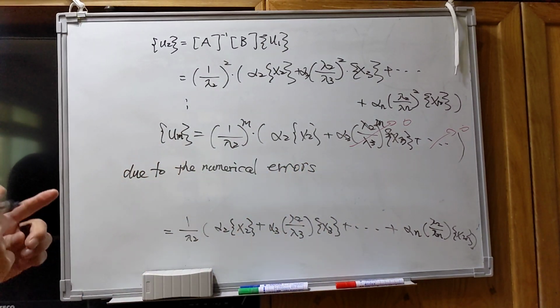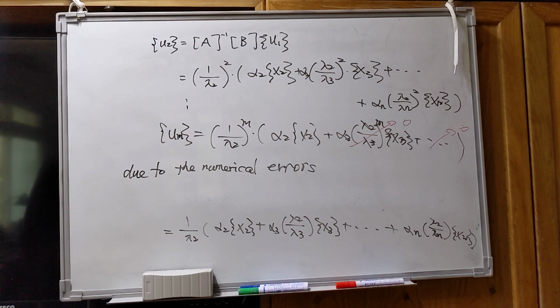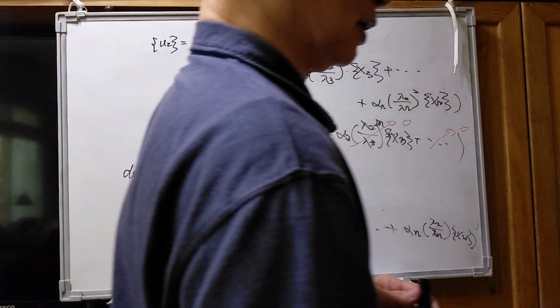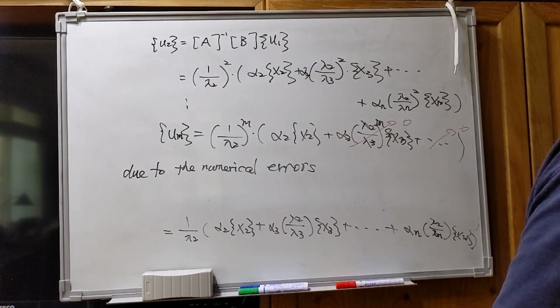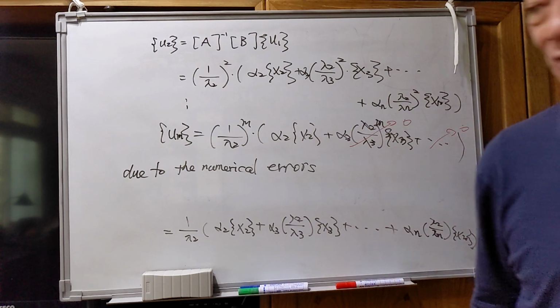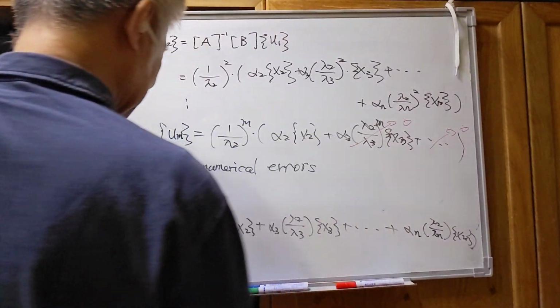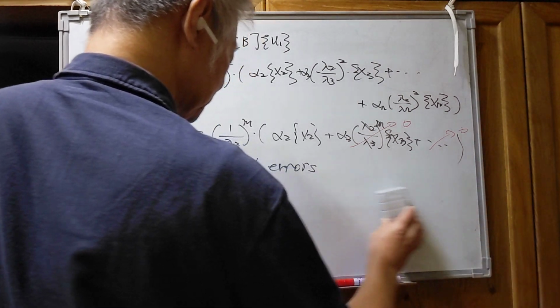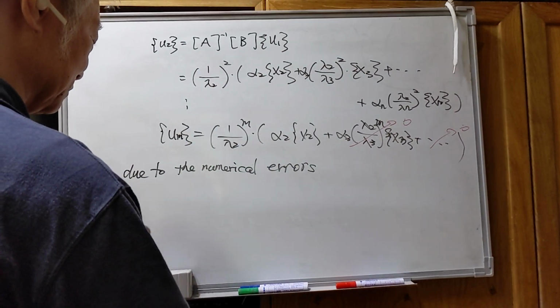Since we always have numerical errors, the obtained lambda 1 and x1 could have some errors. So when we calculate u0 prime,